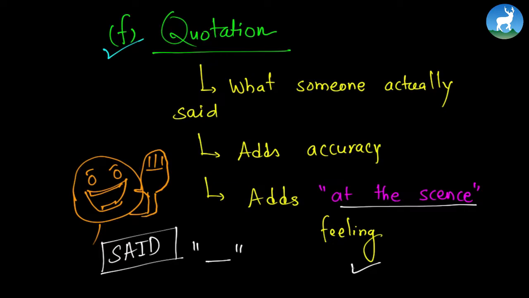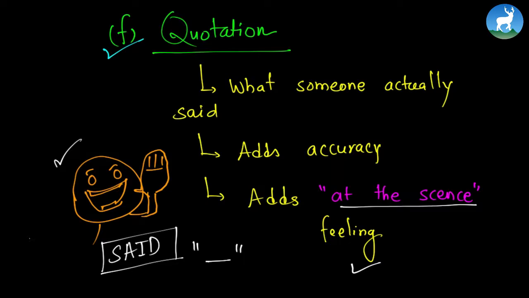It could be something that the minister said. It could be, if there's a bus mishap, something that the local police inspector said, or it could be what the locals or eyewitnesses said. So what quotation does is it adds accuracy in your news report writing. It also adds the at the scene kind of feeling. So this is what someone said. Correct? Now let us study an example and try to find out these 6 different elements